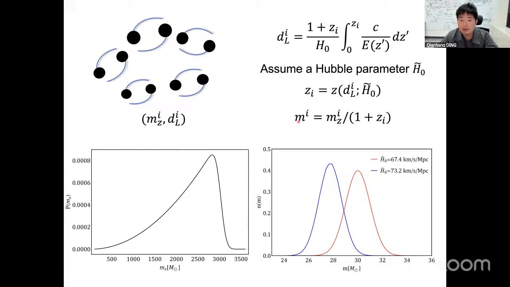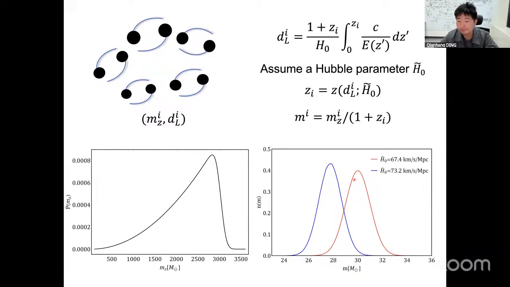And we apply this redshift to the observed redshifted mass, and we can obtain the intrinsic mass of a PBH. If in the future we observe a probability distribution of redshifted mass of PBH like this, and we assume a value of the Hubble parameter, using such a process we can obtain an intrinsic mass distribution of PBH. You can find that this intrinsic mass distribution depends on the assumed value of the Hubble parameter. Therefore, if we can theoretically or observationally know the physical PBH mass function and compare it with this Hubble parameter dependent mass function to fit it,